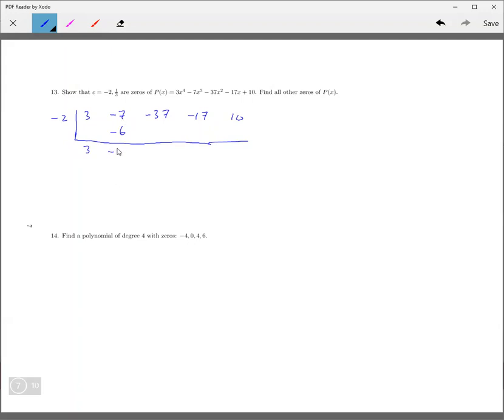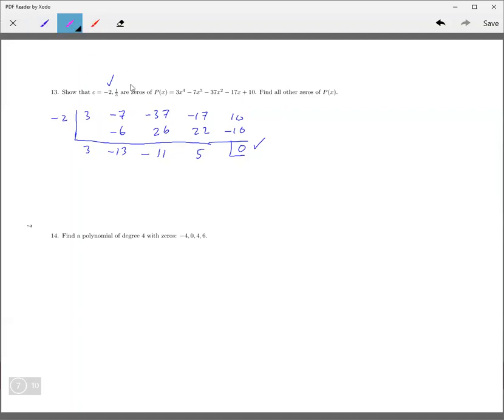Add, that's -13. Okay, -2 times -13 is +26. Adding here you get -11. -11 times -2 is +22. Adding you get +5. -2 times 5 is -10. Okay, so then boom, we get 0. So that's checking that off. Now, you could show 1/3 is a 0 by putting a 1/3 here and doing the same thing,